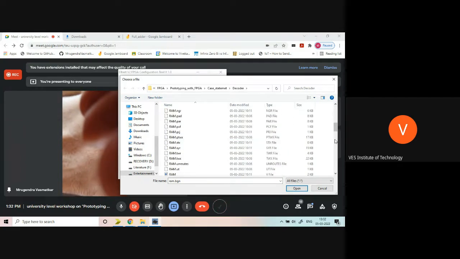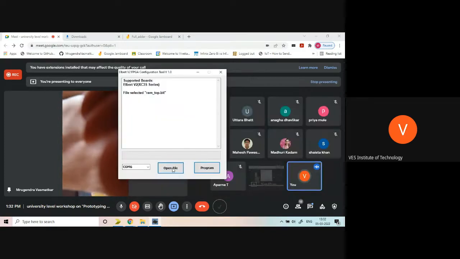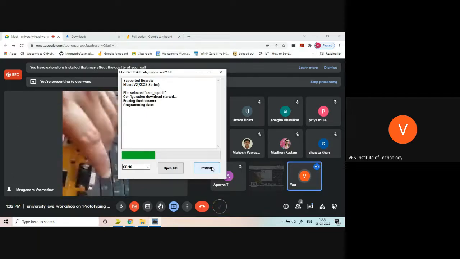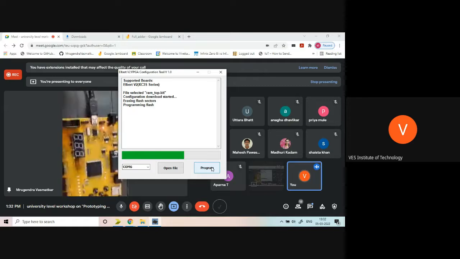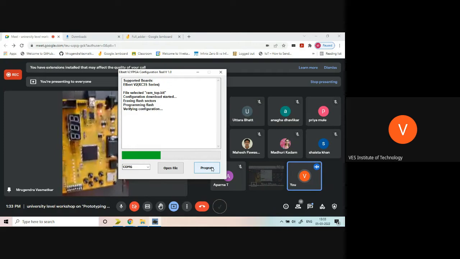Where is the bit file? I have to search. This is RAM top. The same code I have written, but right now it is not getting programmed. Everything is fine, only the bit file is not generated. There might be some problem with my coding or some tool problem also. You may not face this problem on your tool.